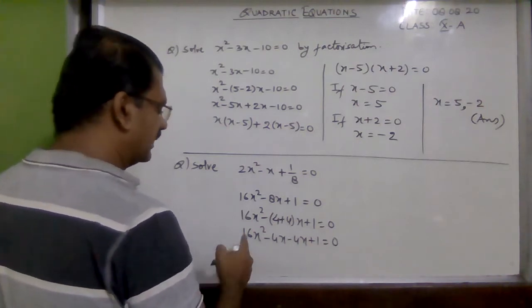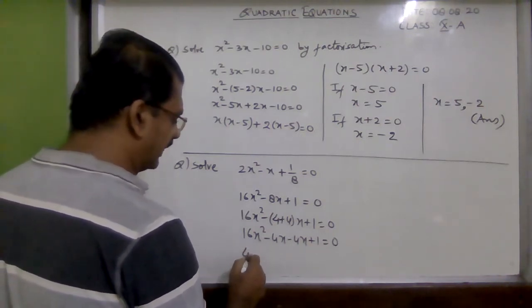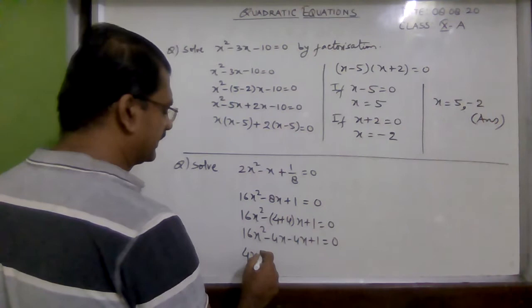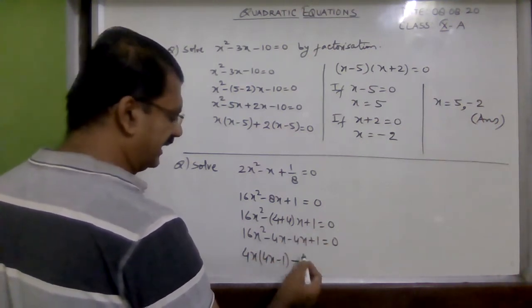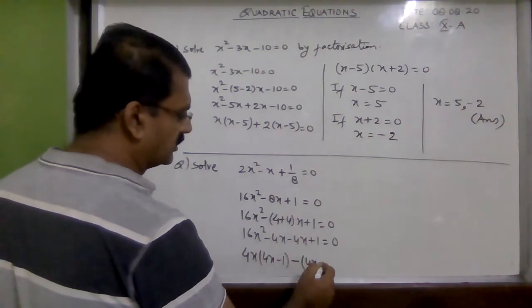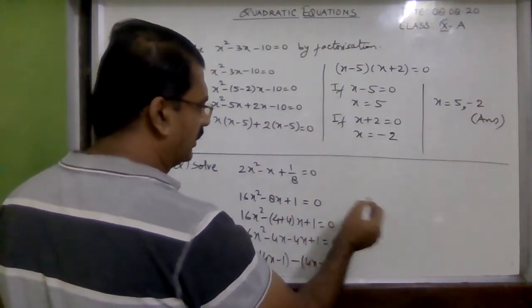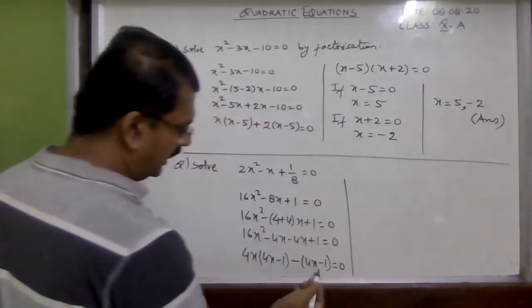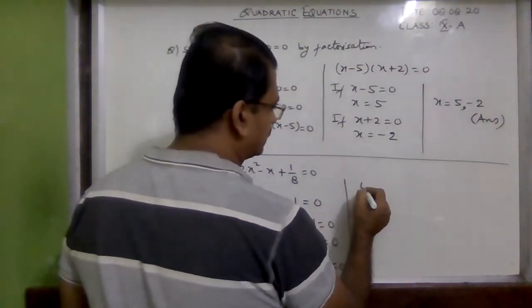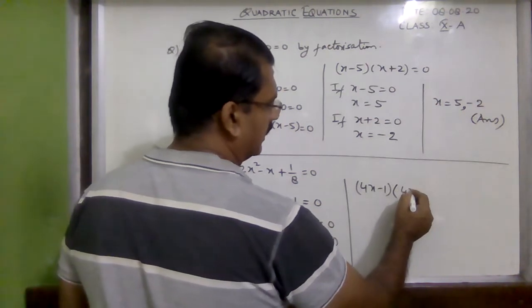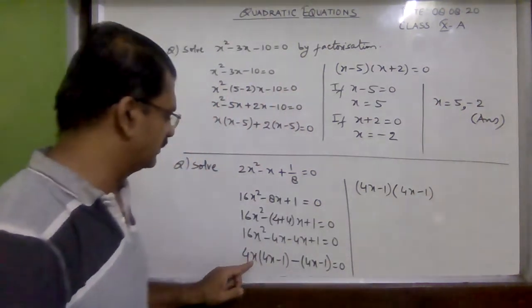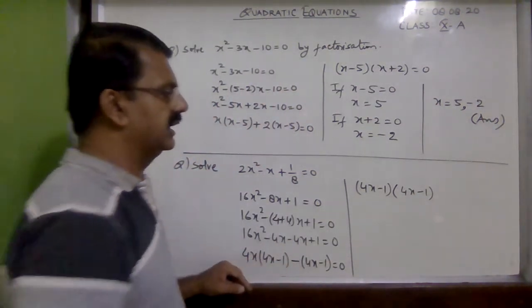From the first two terms you can take 4x common, so it is 4x minus 1. From the next two terms you simply take minus sign common, so this is also 4x minus 1. Now I'll continue there. From these two terms you take 4x minus 1 common, then in the next bracket you will have 4x minus 1, because you see it is 4x and minus only 1 is left there,